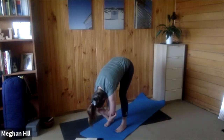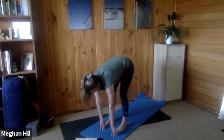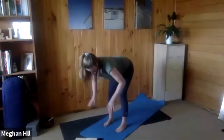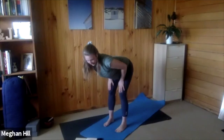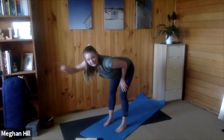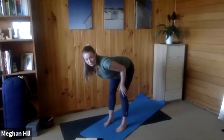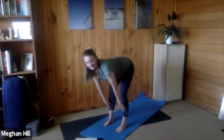Beautiful. Let's release the hands down as we inhale, coming to the halfway lift. So hands to shins or maybe to the side. As we extend out through the tailbone behind us, crown of the head reaches out in front. So get that nice flat back, belly still draws in. Wherever the hands are,